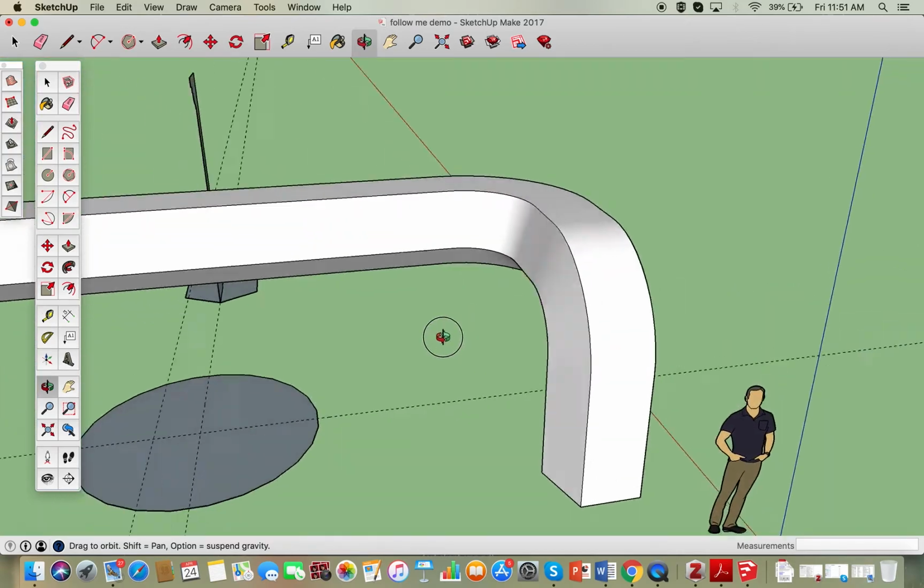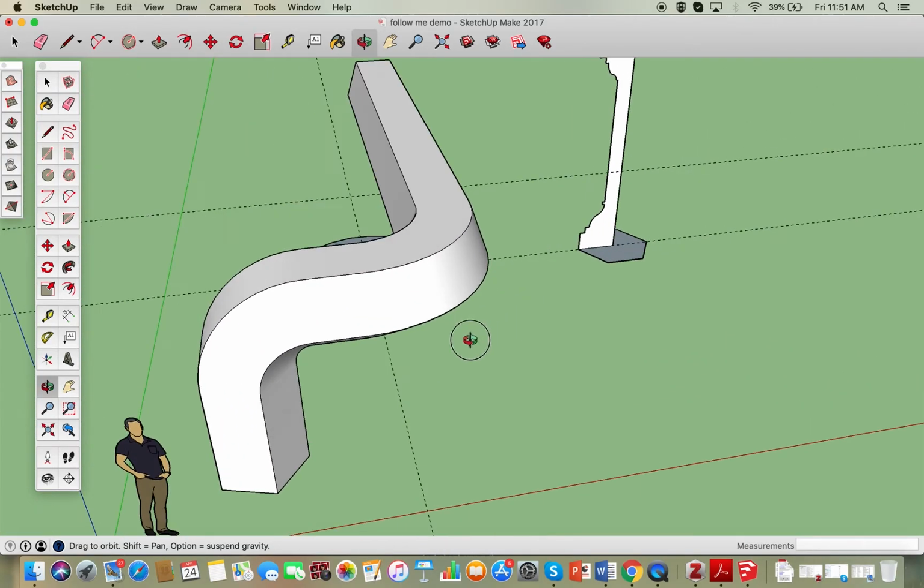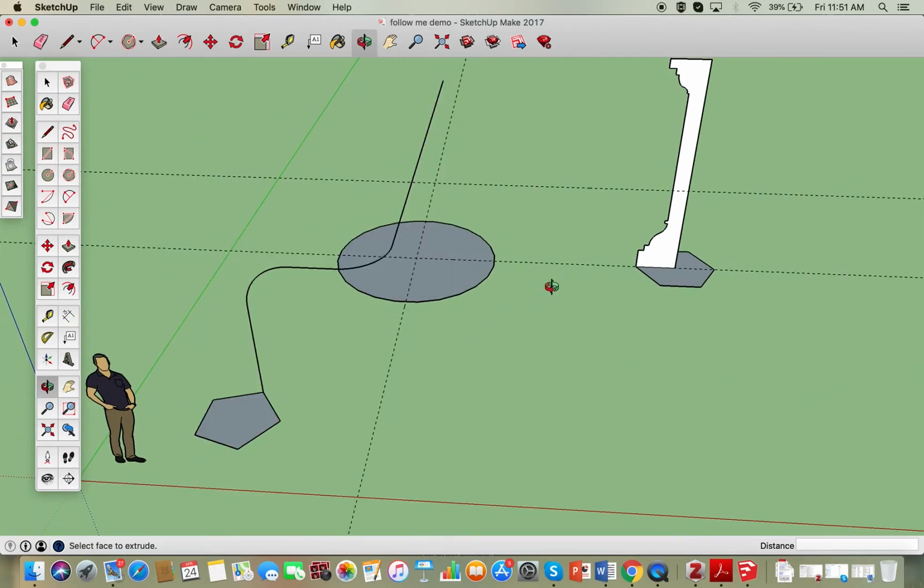Maybe I'll just set it. Clover Z, get rid of that one. Get rid of that. And also get rid of that line, which we don't want anymore. Now in terms of the pentagon, when you notice within Make it's a bit different to Free, in the polygon